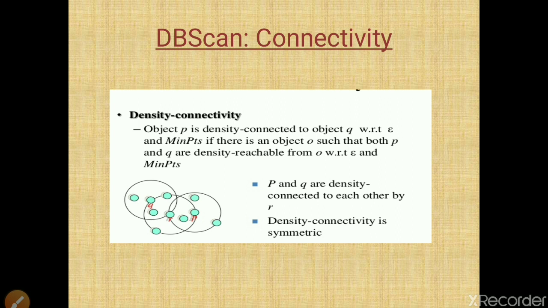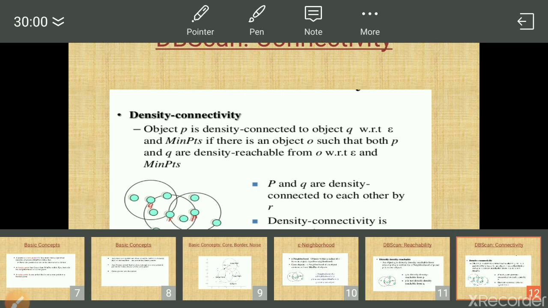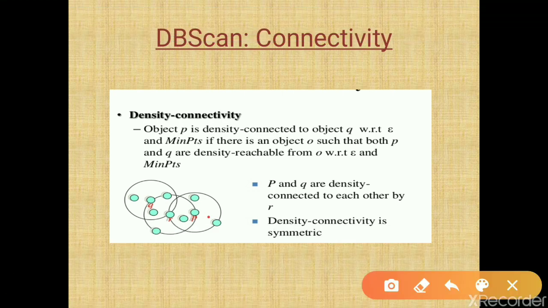So here you can see 3 points: P, Q and R. P and Q are density connected to each other through R, right? P and Q are density connected through the point R.